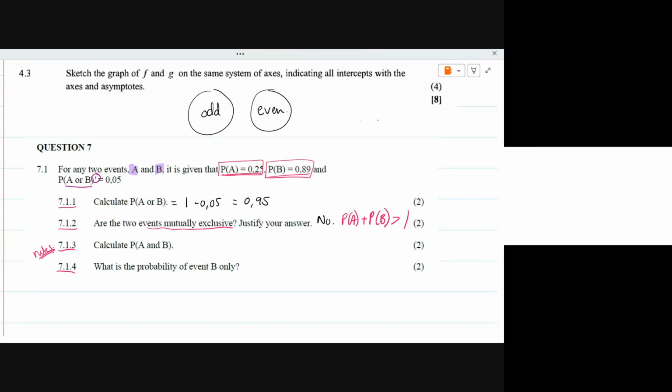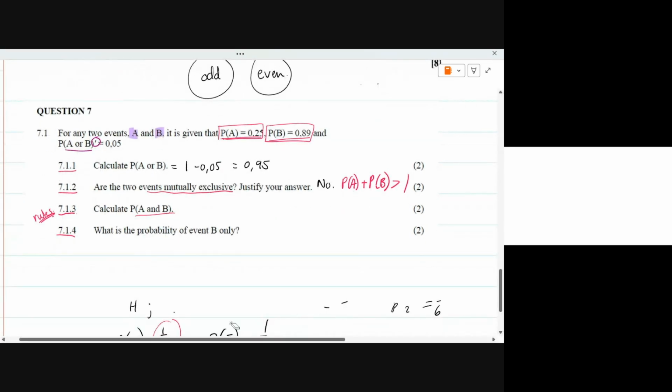All right. Okay, let's look at 7.1.3. Now, for us to calculate for things like this, we need to remember the 2 rules. We have the multiplication rule and we have the